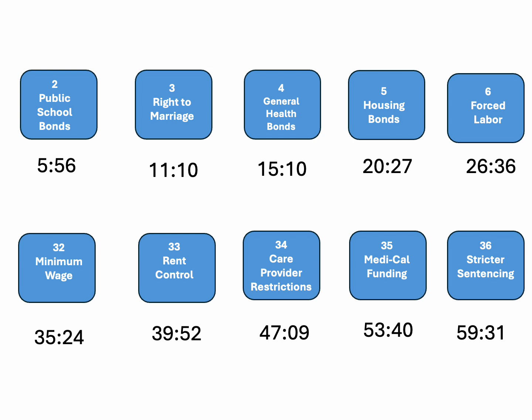Here you see the 10 propositions on the 2024 fall ballot. It is interesting to note that the propositions in the top row identified by single-digit numbers originated in the legislature. The measures identified by double digits in the bottom row began their lives as initiatives brought forth by the citizen